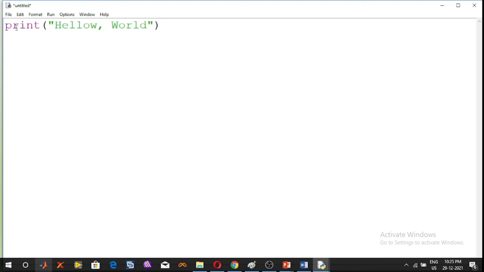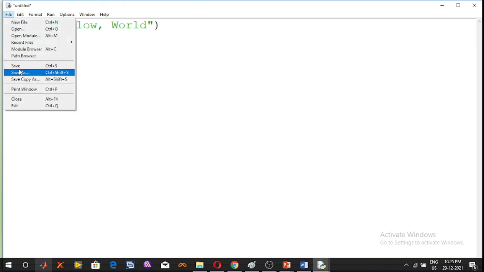Python programs are saved with the .py extension.